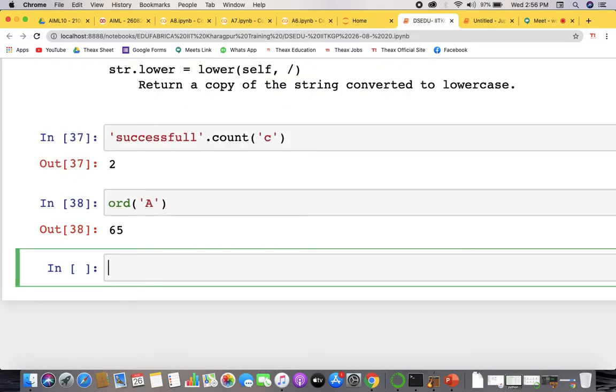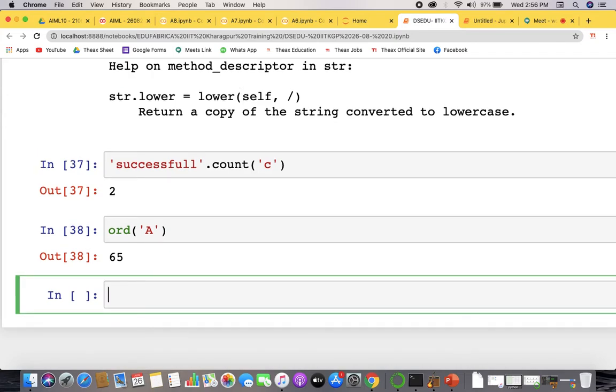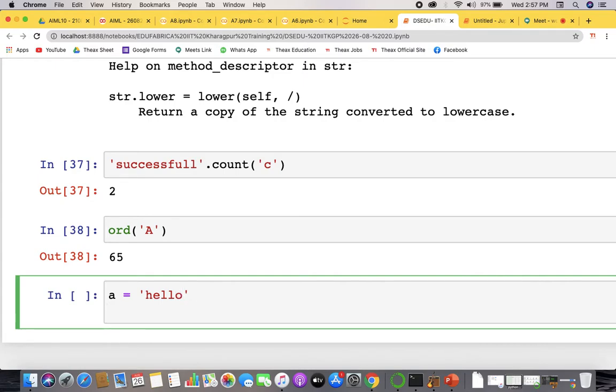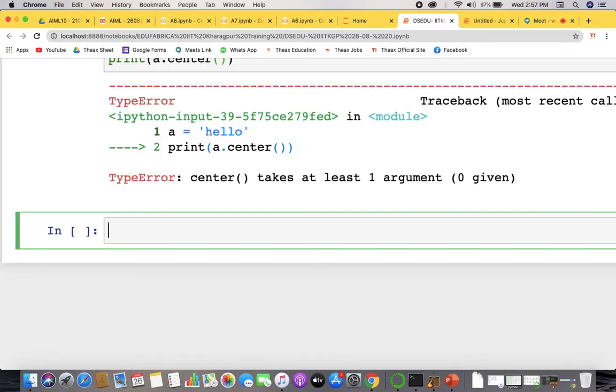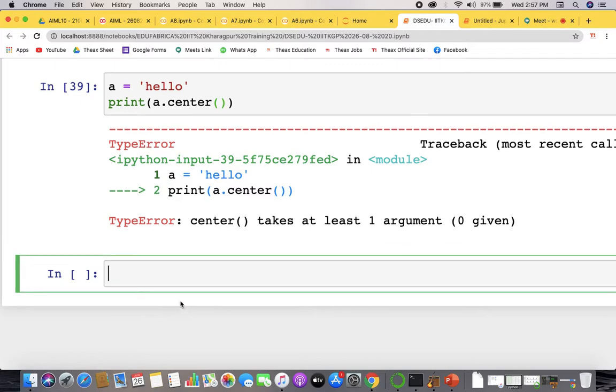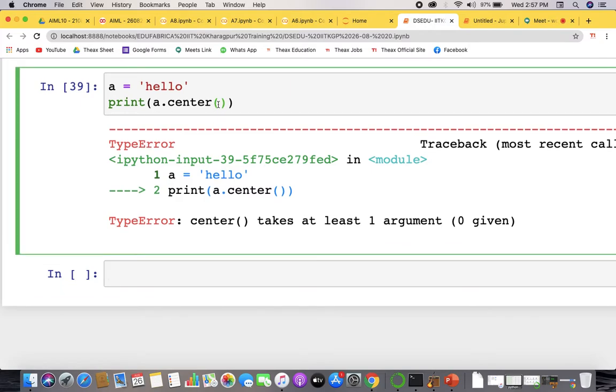So there could be a lot of operations on a string. You can use center, rjust, ljust. Now what are these actually? Let's say a equals hello. If I ask it to print in the center, oh sorry, there should be at least one argument: the width you want.